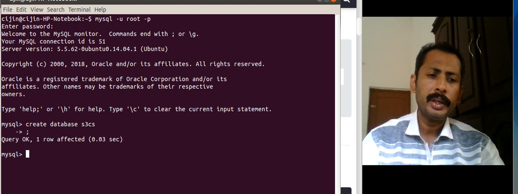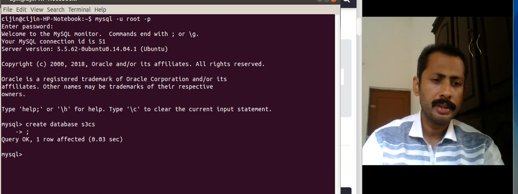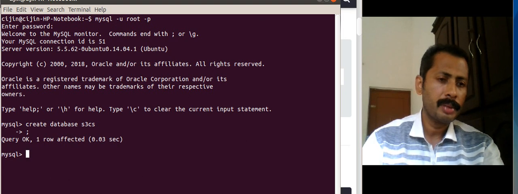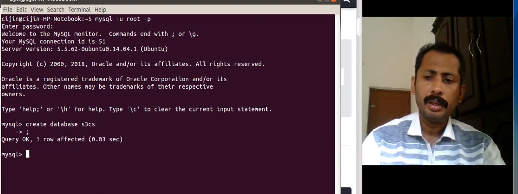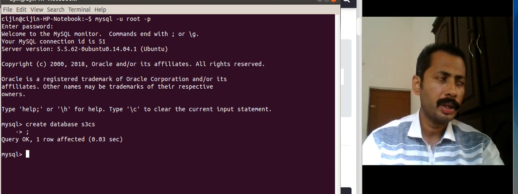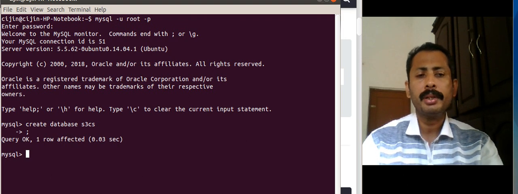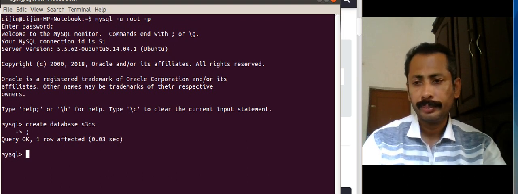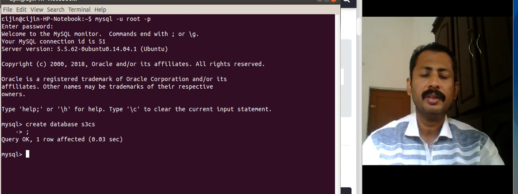So you can write your first query in your notebook as create database name semicolon. Okay. Create database is the command for creating database in MySQL. So create database, then give the database name and put a semicolon. So we have the database as S3CS.